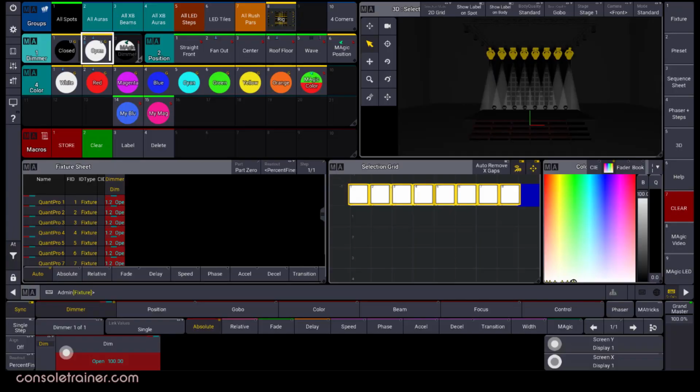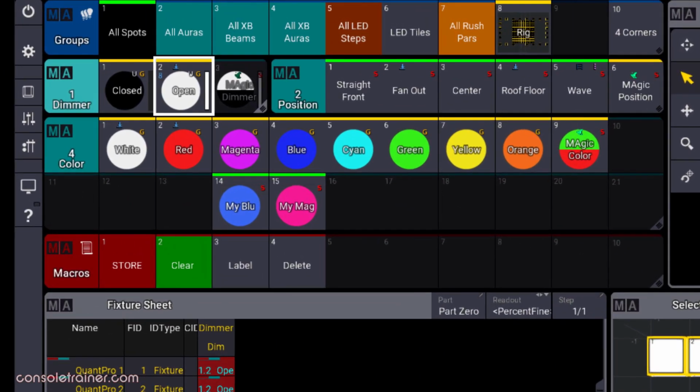So what is grid interpolation? Well, it's the MA looking at data consisting of at least 2 points on a channel and then aligning values between those points as values that can be applied to a range of fixtures. There are a couple of magic presets examples built into the demo show.